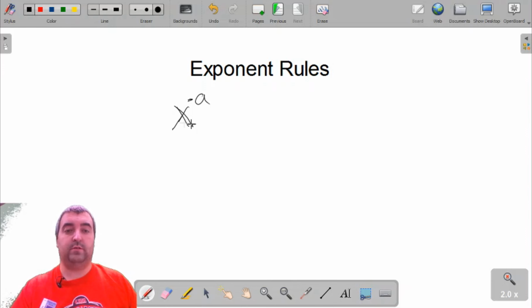So, ooh, that was ugly. There we go. So what a negative exponent does is it does the reciprocal of whatever you have here. So x to the negative a will become 1 over x to the a. Okay, so I just want to do a few examples of this, and that's why this one has its own